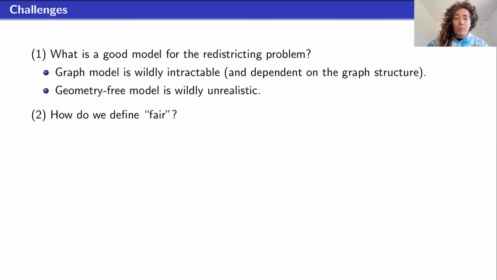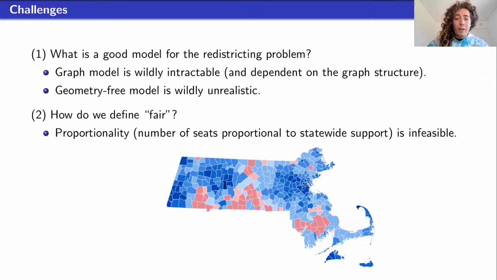As I said, another problem we run into is how do we define fair? And just to give you an example of why this is a difficult problem, the most natural thing you might immediately think of is proportionality, which says that if we look at the number of seats that a given party, say the Republican Party in the state of Massachusetts, gets in the House of Representatives, that should be proportional to its statewide support. Well, I'm showing you a picture of Massachusetts for a specific reason, which is that Massachusetts